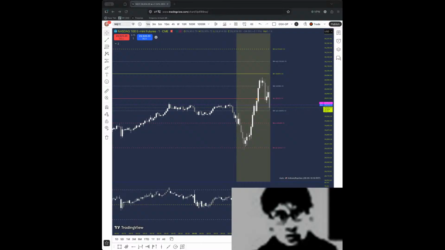Neckline, it breaks it, goes all the way up, comes back, and it didn't move at all to the first order block, didn't react to it. The second one,